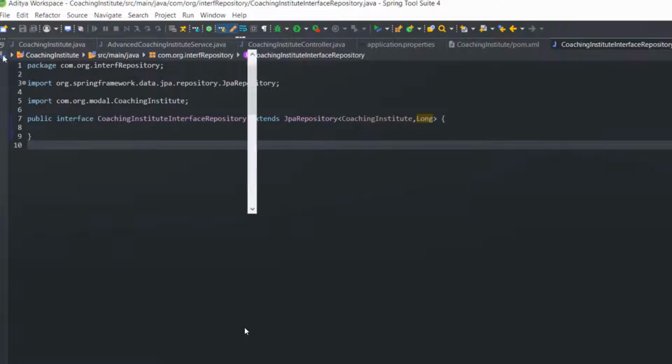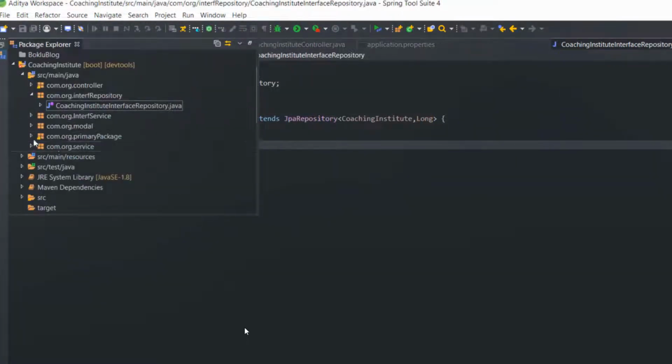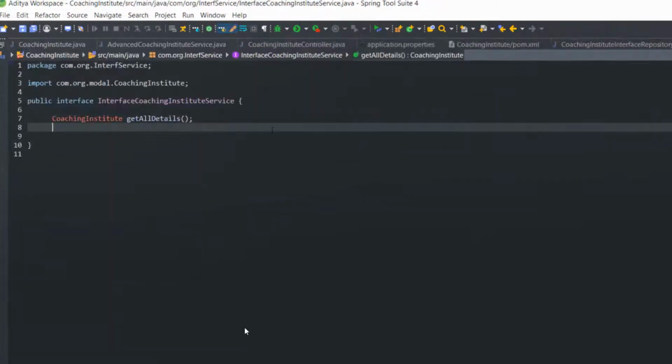Now what we will do, we will go to the service class, and here I am going to add one more method. In this method I am going to save the details.